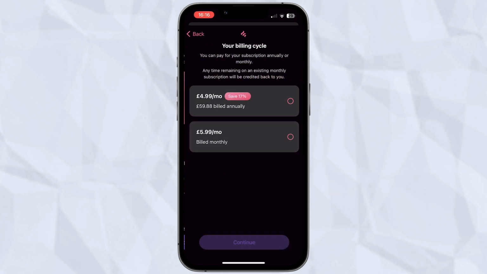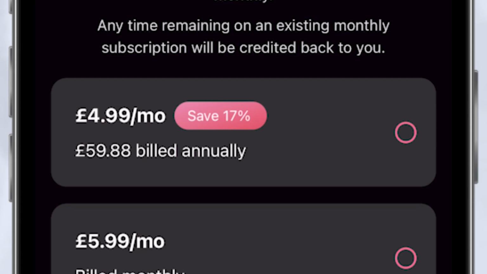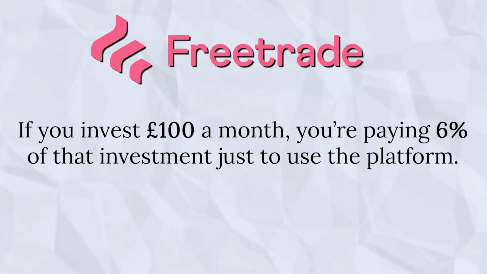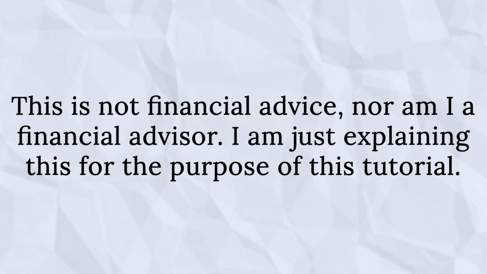At the time of recording this, the standard account will cost you $5.99 a month, or $4.99 a month if you pay for a whole year in advance, which ends up working out at nearly £60. This is why I don't personally use Freetrade, because the fee is quite a large percentage of the amount you invest if you're only investing smaller amounts such as £100 per month. But also, please remember that this is just a tutorial on how to use Freetrade and none of this is